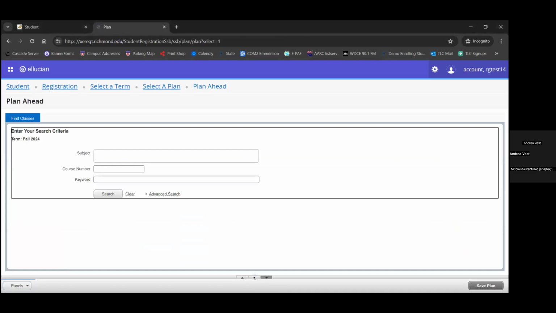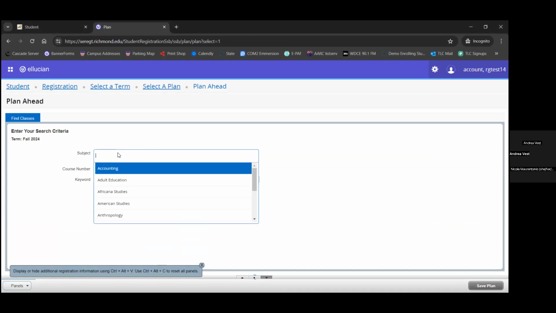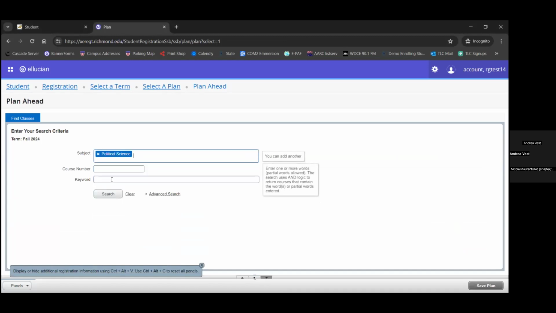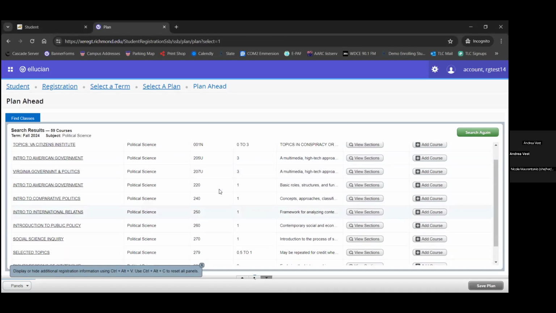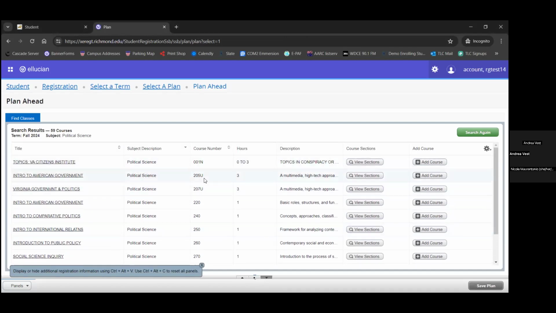So much like you do with FYS, we'll begin by editing and say that I'm interested in political science. I'm going to just search for political science courses. But first take note of the long list of courses here, and that these first 3 courses have an N, a U, and a U following them. Please ensure that you do not add these courses to your plan, since these are courses that are not available to first-year students. So it's important that when you do select individual courses to add to your plan, again, that they do not have a letter attached to them.